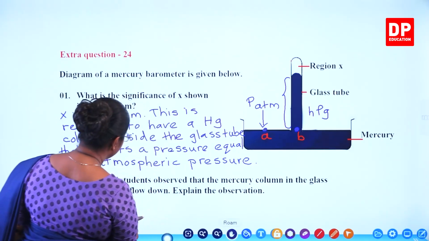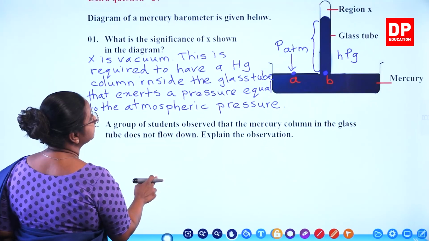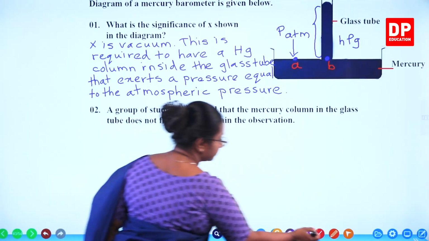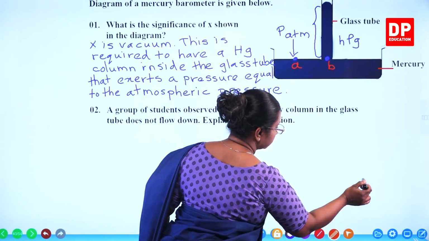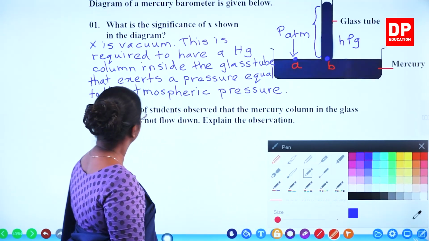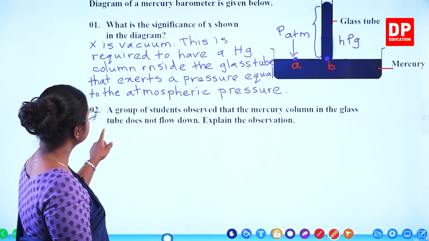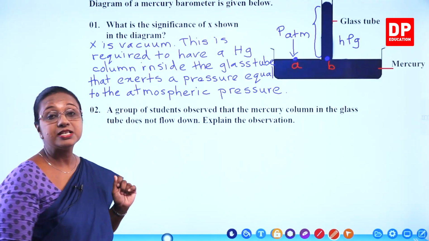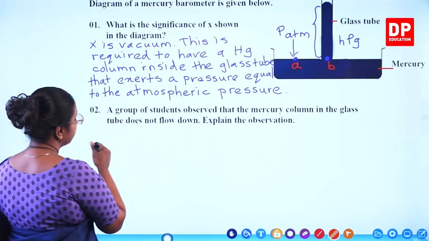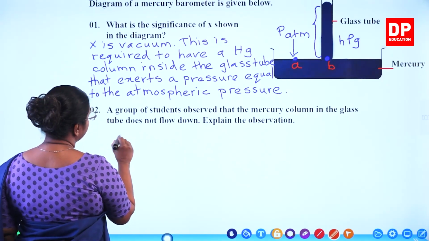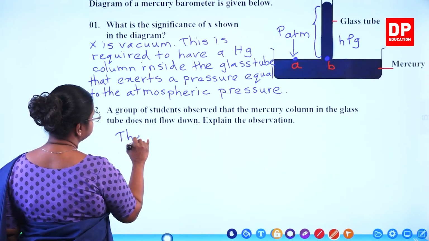So, that is what we need to explain here. So, a group of students observed that the mercury column in the glass tube does not flow down. Explain the observation. So, I can say there is